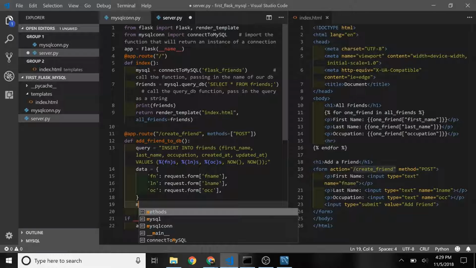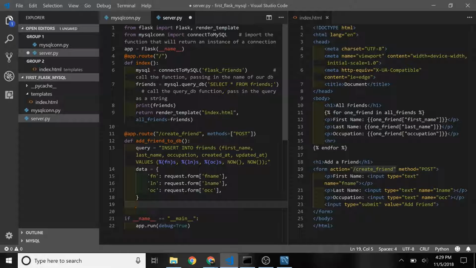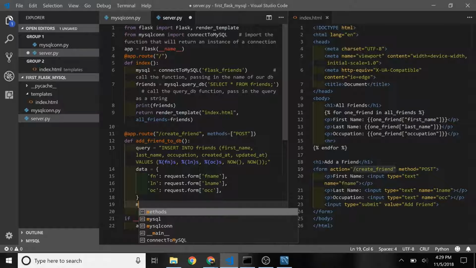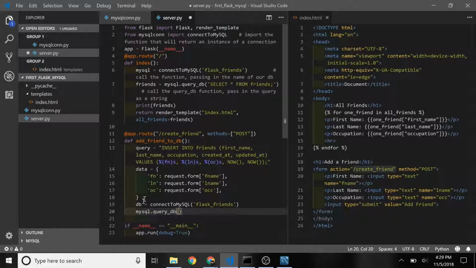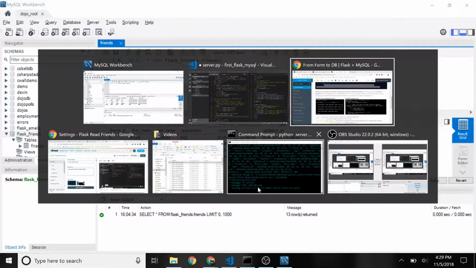And so then when we actually run the query, we're going to first want to make a connection to our DB. It doesn't have to be called MySQL, it's just a variable name, right? We could call it connect to MySQL, but that we're going to want to connect to the same database and then run the query. So MySQL.queryDB and send in both the query string and the data dictionary. So once we run that,